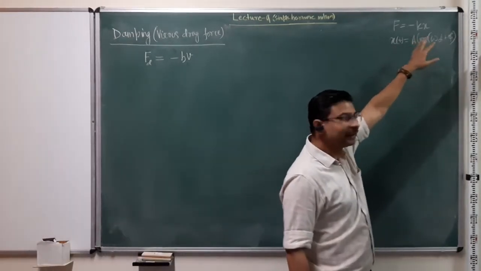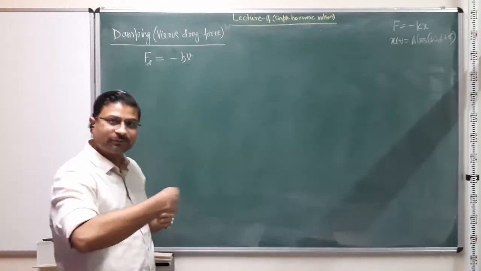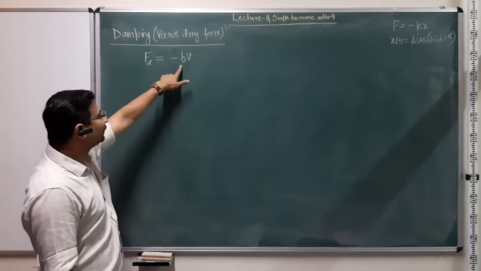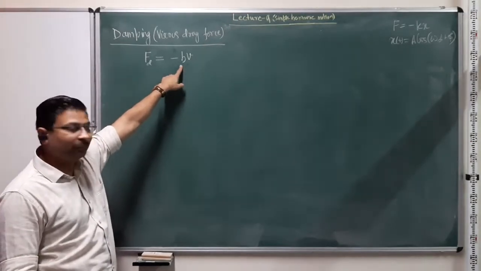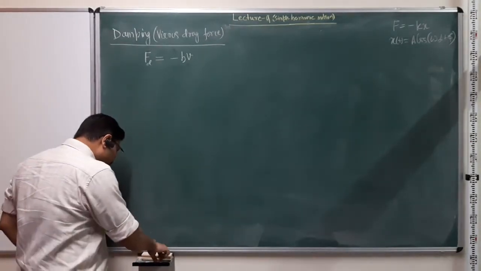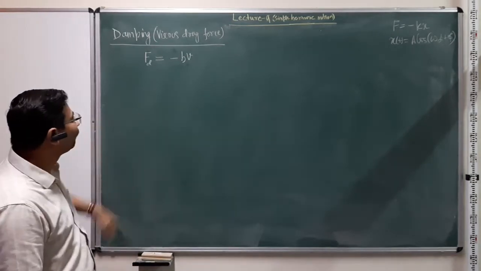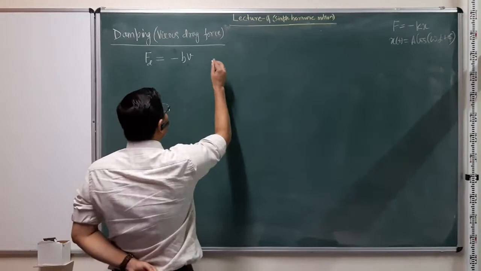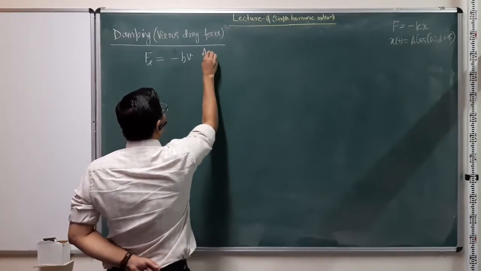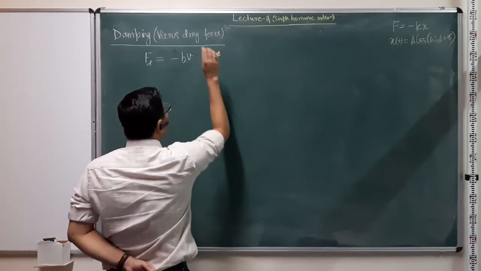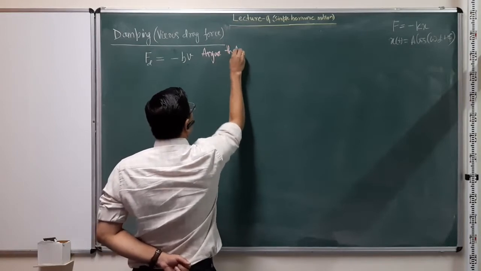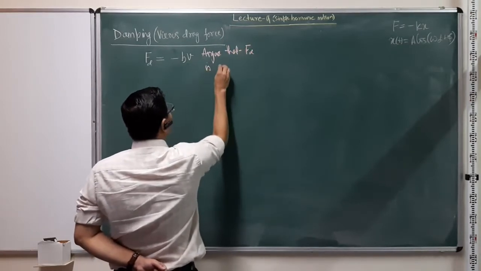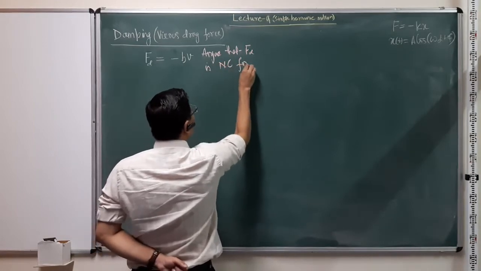So here it's minus kx, that's a restoring force, right? That's responsible for the motion in a particular fashion. This is the one which is just going to simply oppose the motion. And now, before moving forward and not discussing it in any more detail, I'll leave this as an exercise to argue. So this is for you: argue that this F d is a non-conservative force.